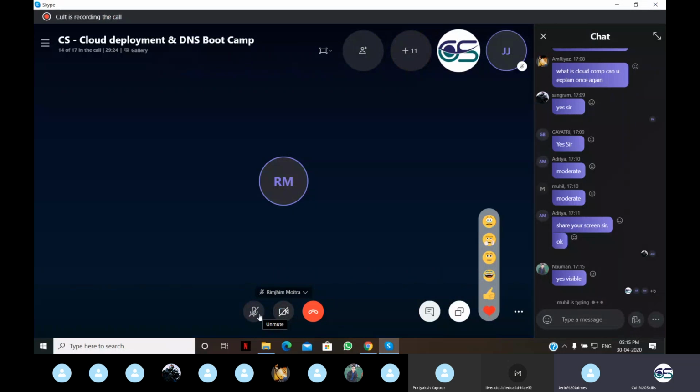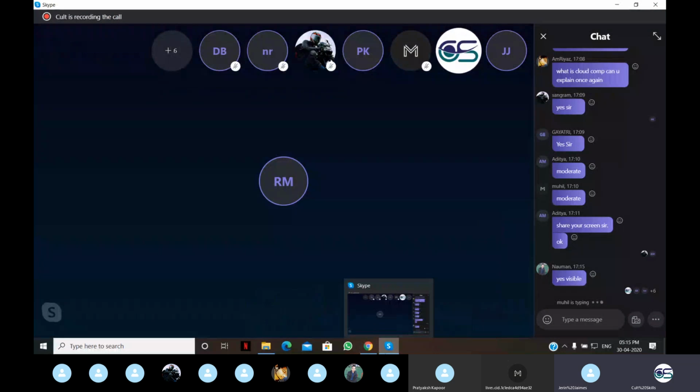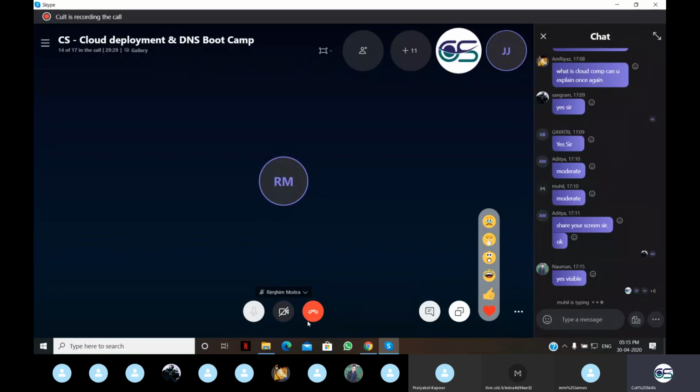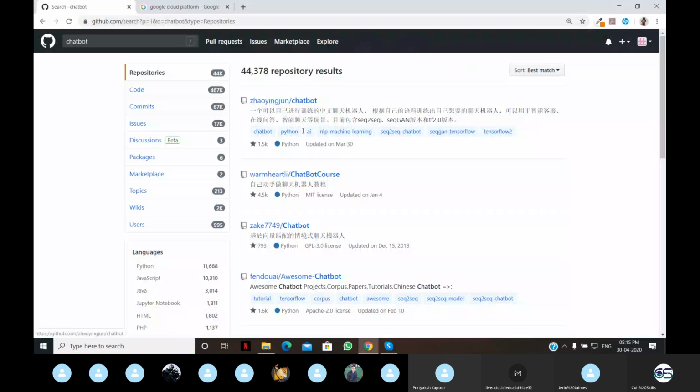Okay, so you just go to Google and go to github.com and search any repository and check the clone link. And if you can share that clone link in the group.